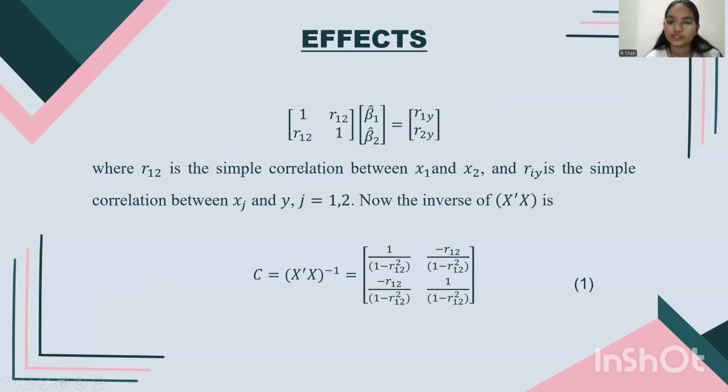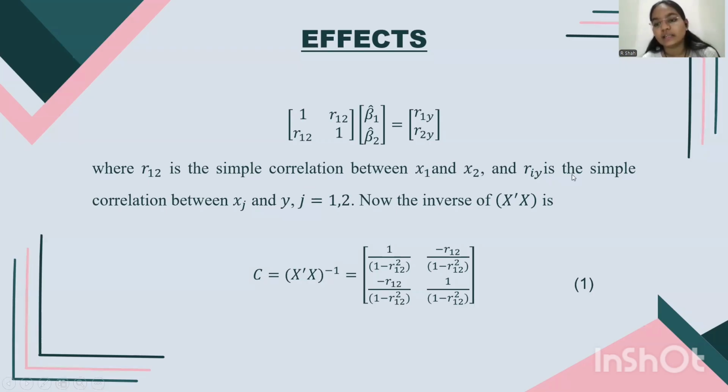This is our correlation matrix, where the diagonal elements are 1, and the off-diagonal elements are R12 and R12. Then beta 1 cap, beta 2 cap, R1y, R2y,